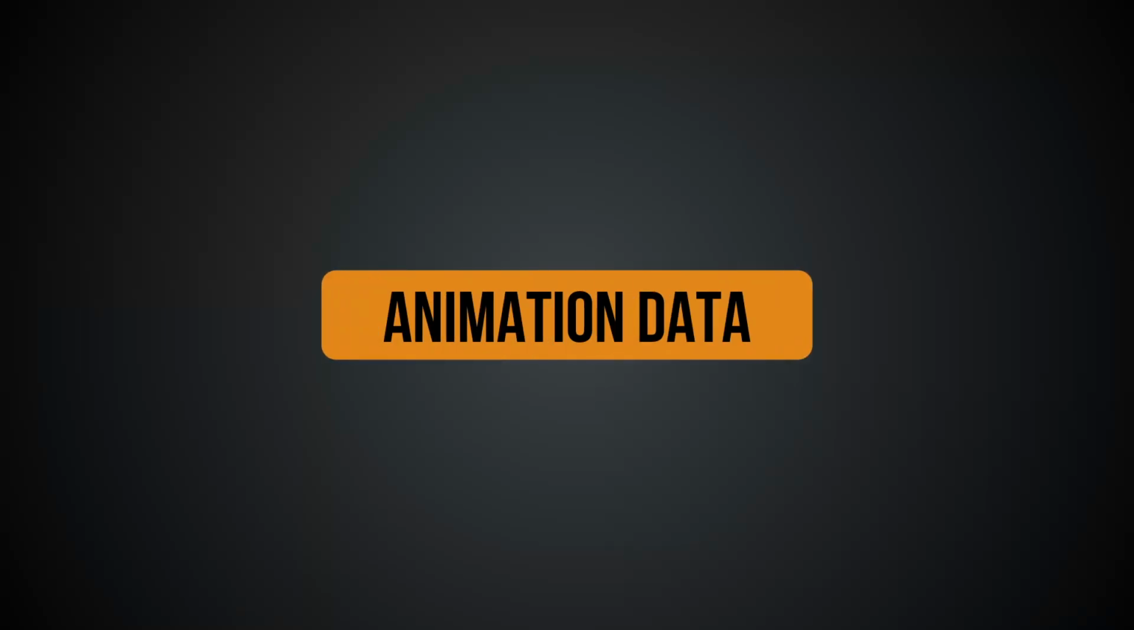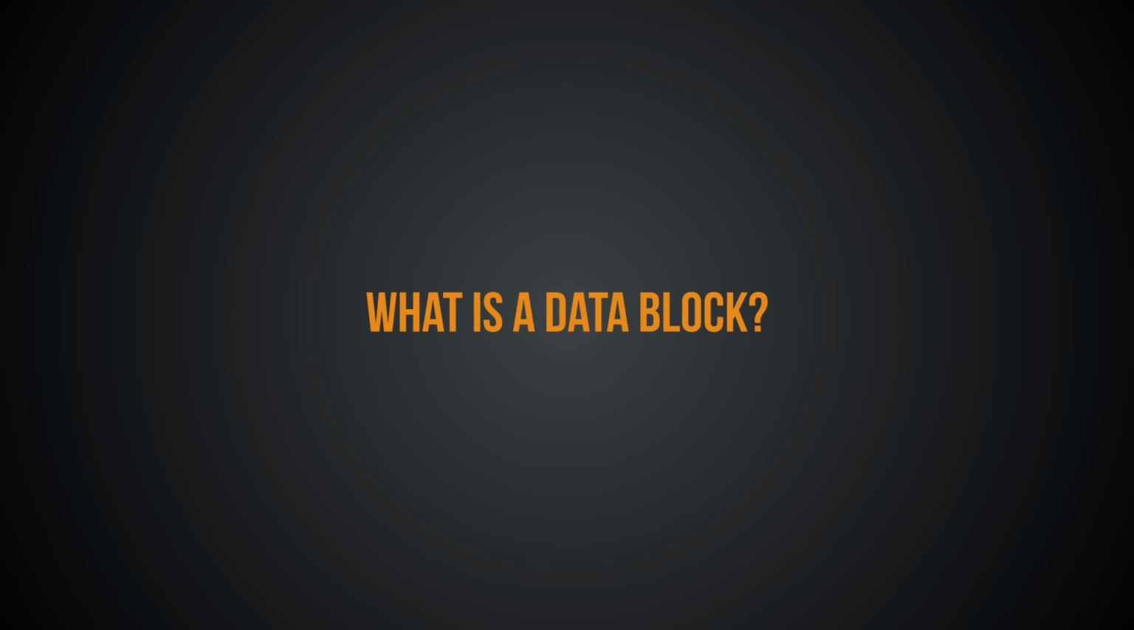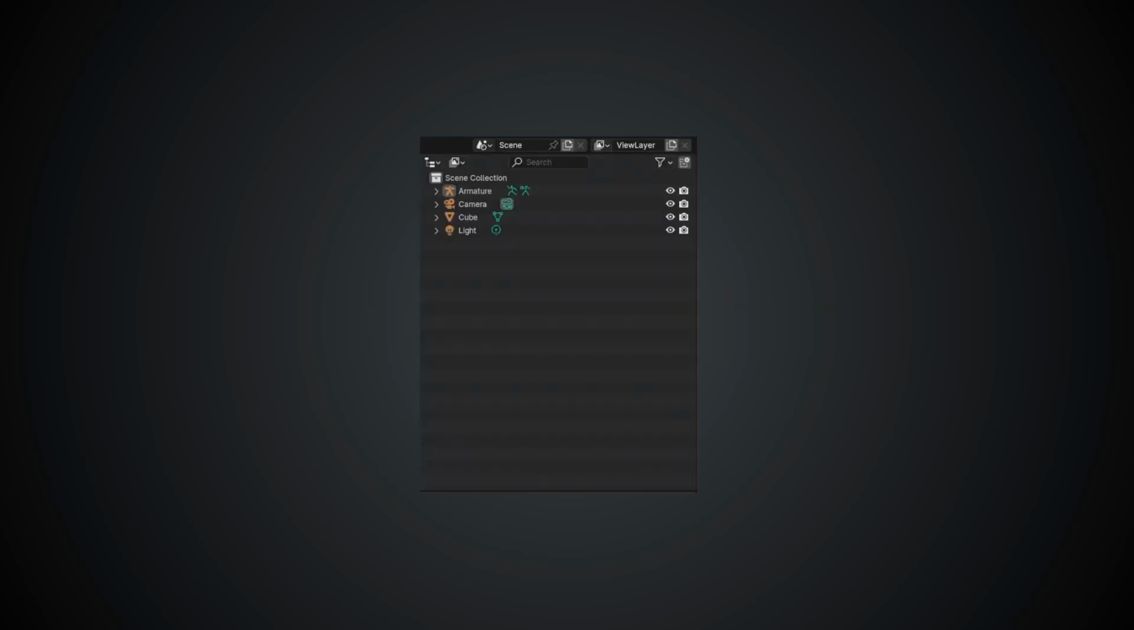When you're animating anything in Blender, a data block is created. But what's a data block? You can think of it as a container. A scene, for instance, holds various objects like meshes, lights, cameras, and armatures. Each type of object contains specific data. Mesh objects hold mesh data, light objects contain light data, cameras hold camera data, and armatures house bones with their